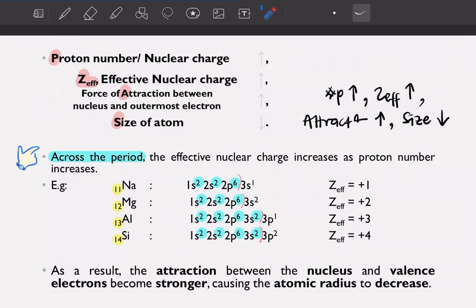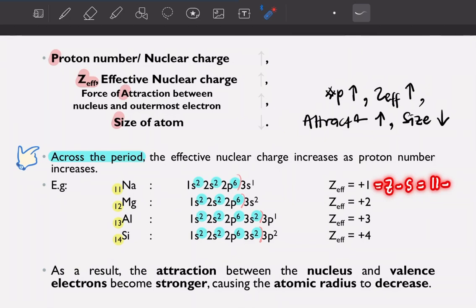Okay, so right here we are going to look at how this translates to our atoms in period 3. So ni adalah atoms in period 3. So from sodium to silicon, we can see that the number of protons are increasing across the period. Alright, so if we count the effective nuclear charge for each of the elements, we find that sodium will have +1 effective nuclear charge because apa? Z minus S. So what is your Z? Your Z is 11, number of protons. Tolak dengan